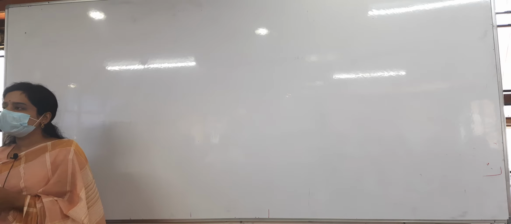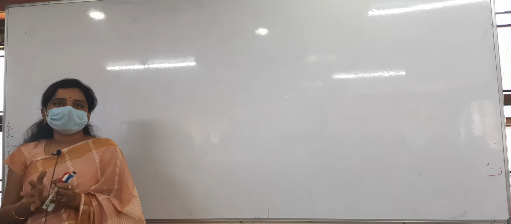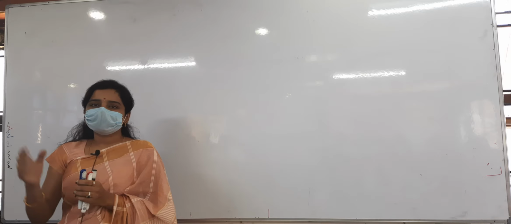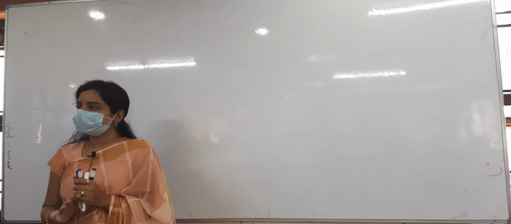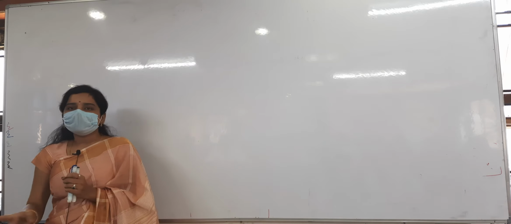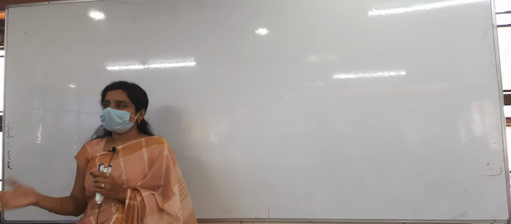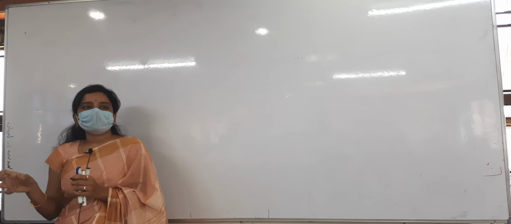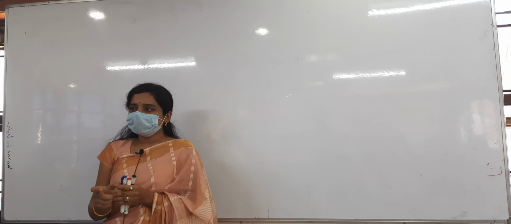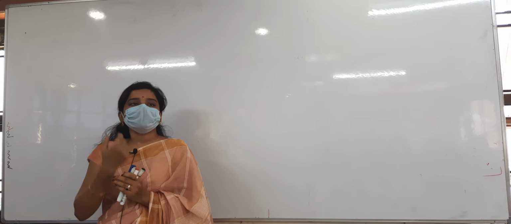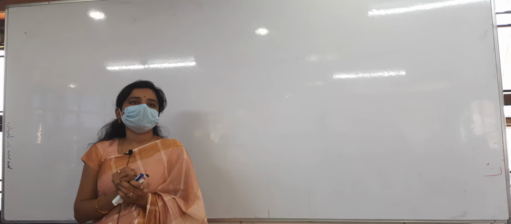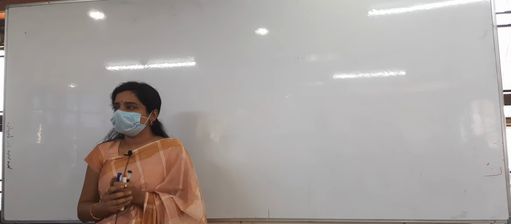For rounding off, take the last number to be dropped. If that number is less than 5, you drop it and leave the number as it is. If it is more than 5, you add 1 to the preceding digit, then drop it. If the last number is exactly 5, observe the preceding digit. If it is even, leave it as it is. If it is odd, add 1. If it is 0, apply the same rule as for even.